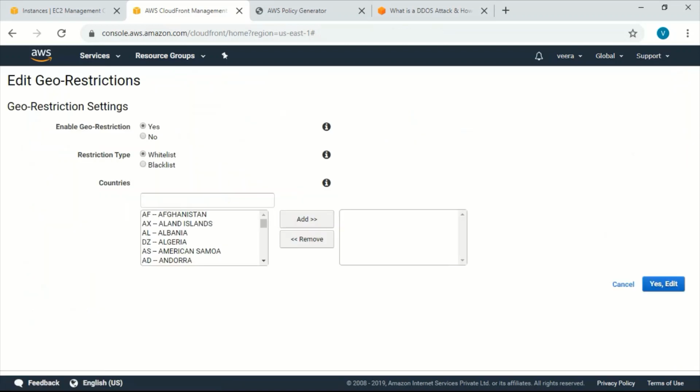So you can give whitelist and blacklist. Blacklist means you can restrict. So I don't want Afghanistan people to view my website, so I can select Afghanistan and then add. So from Afghanistan no one can view my website. So if I give yes,